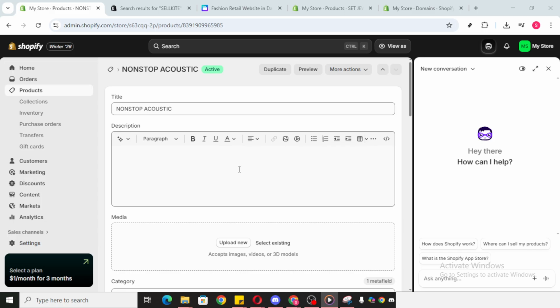In the description field, write a concise but helpful overview. Mention the vibe or genre, the intended use or audience, and any key details such as track length or included versions. If there are usage rights or licensing notes, summarize them in plain language so buyers understand exactly how they